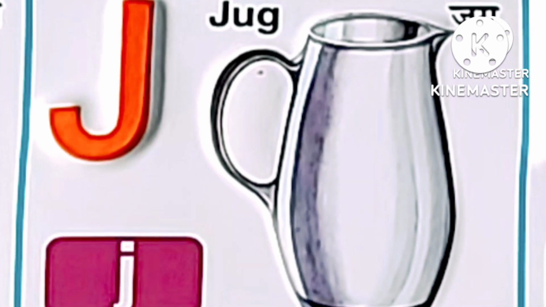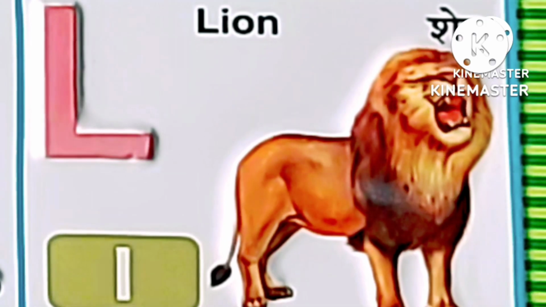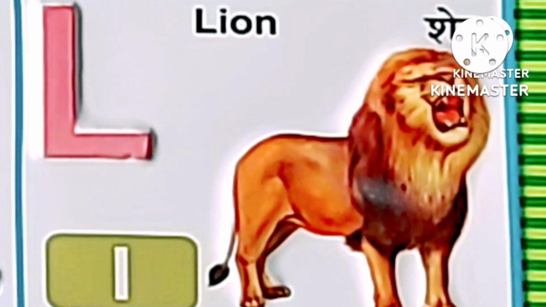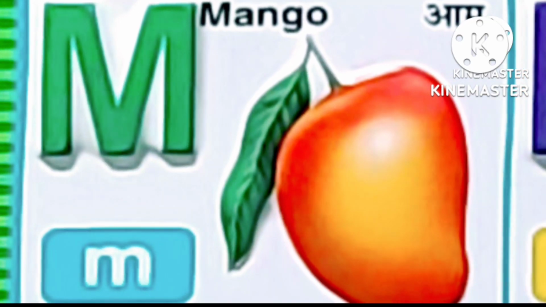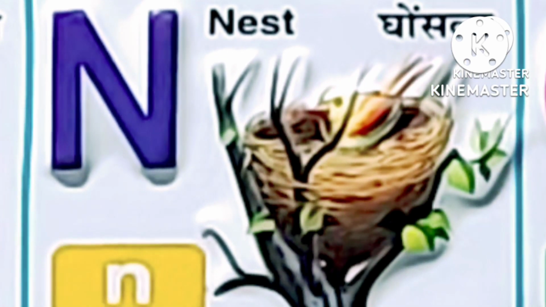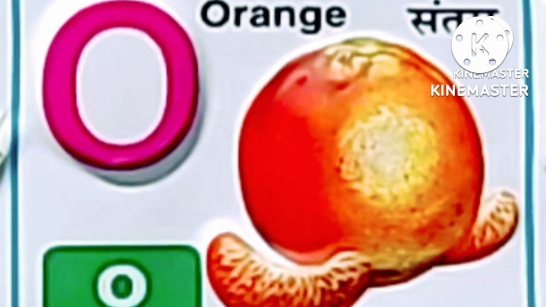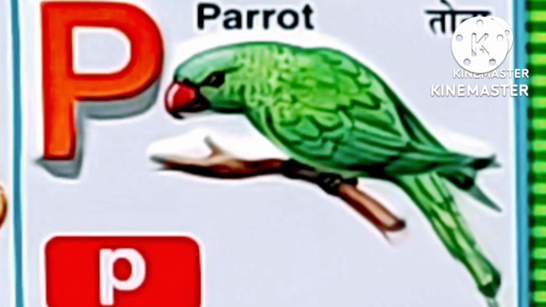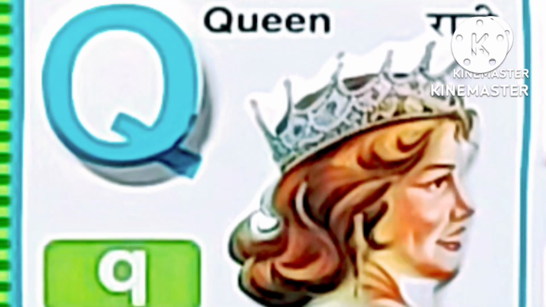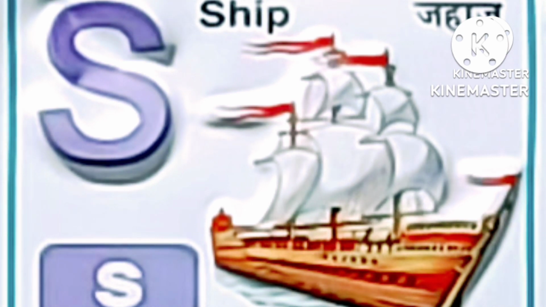J for jug, K for key, L for lion, M for mango, N for nest, O for orange, P for parrot, Q for queen, R for rose, S for sheep,